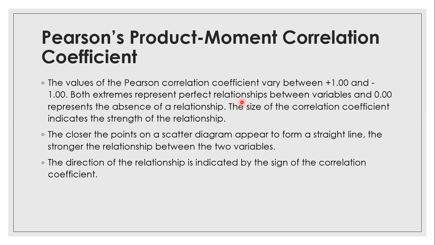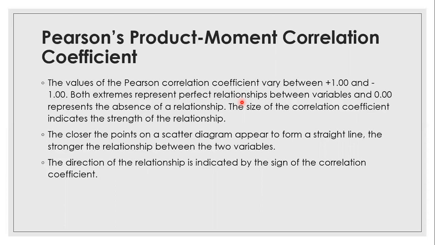I just mentioned the example of price and quantity demanded. As price goes up, more often than not, quantity demanded goes down, and as price goes down, quantity demanded goes up. That shows you an inverse relationship. So if you calculate the correlation for those two variables, you're going to end up with a negative value, and that tells you the direction of the relationship: as one variable is increasing, the other is decreasing. Whereas a positive sign would tell you the opposite, that they're moving in the same direction. When one goes up, the other also goes up.